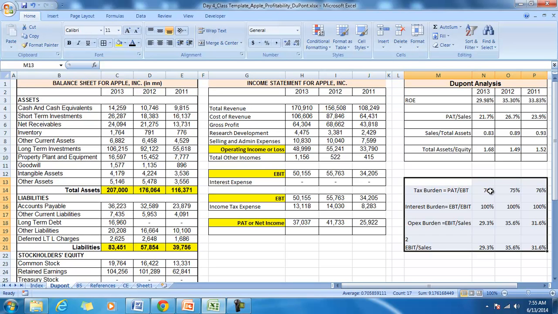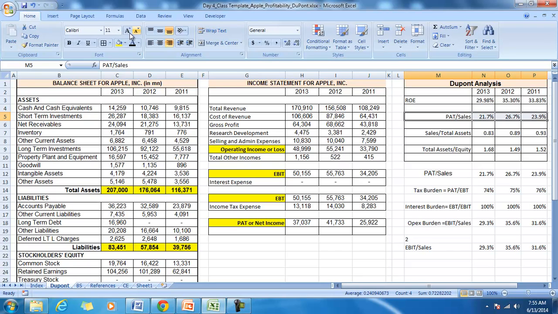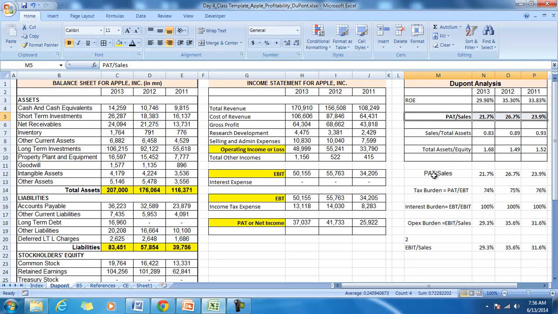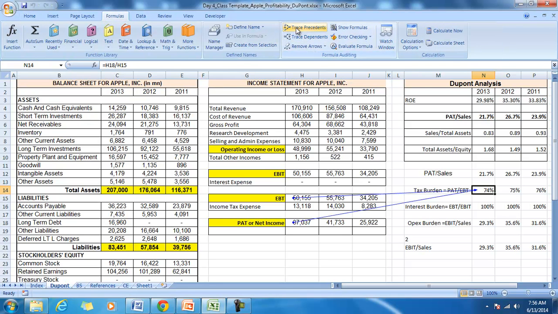So the tax burden, we have taken this number now to understand and analyze further. So the tax burden is PAT by